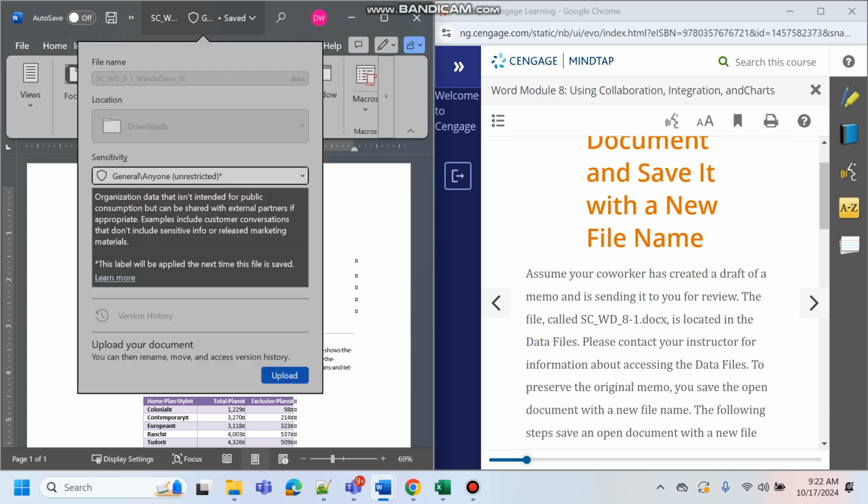So what I'm going to do is I'm going to upload this particular document and get it to you in Teams, and then you're going to upload it and open it. All right? So I am going to